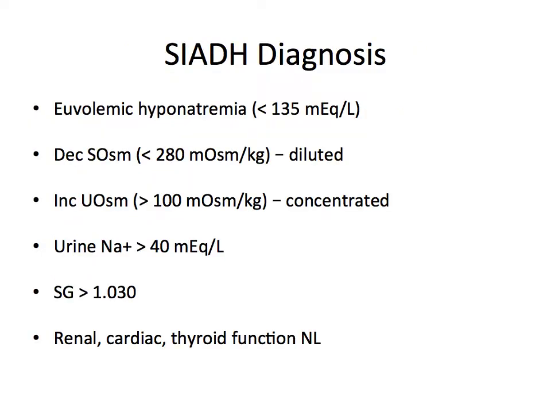In terms of diagnosis, the patient has a euvolemic hyponatremia with a sodium less than 135 milliequivalents per liter. The serum osmolality will be low, indicating dilution, and this is because of the retention of water. On the other hand, the patient's urine osmolality, urine sodium, and specific gravity are often high, indicating concentration of the